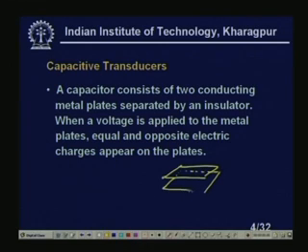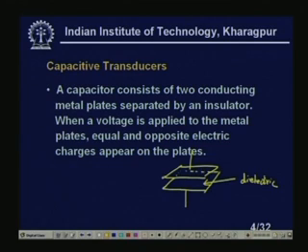In between we have a dielectric. So it happens that the capacitor consists of two conducting metal plates separated by an insulator or dielectric